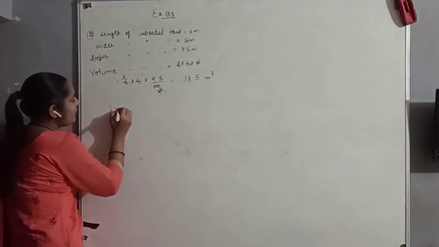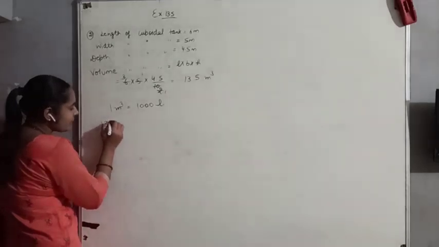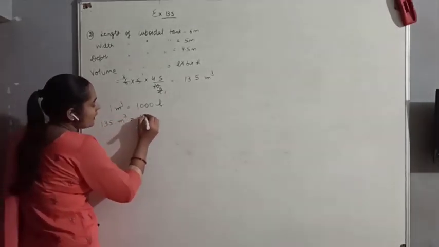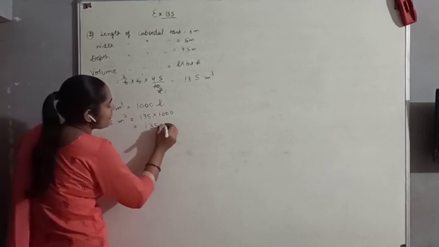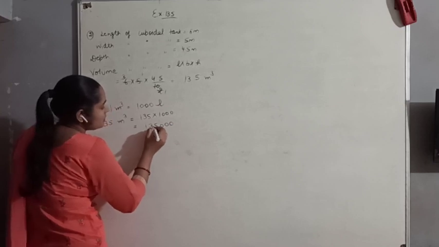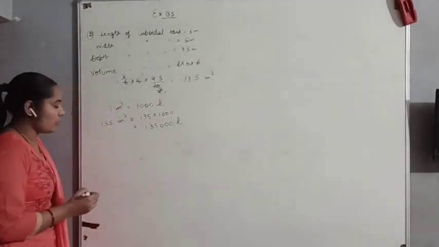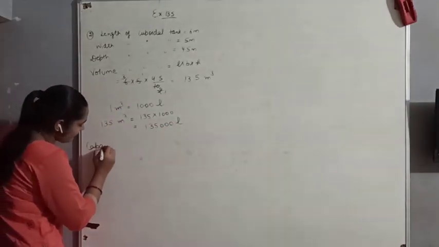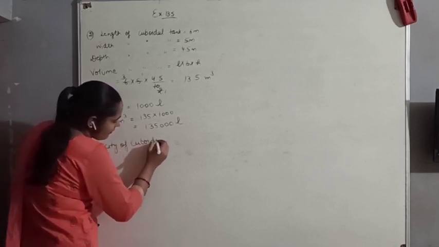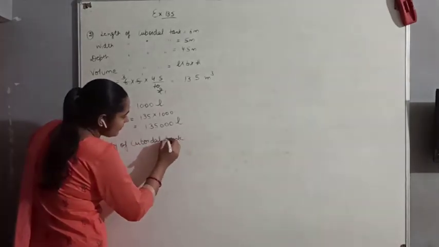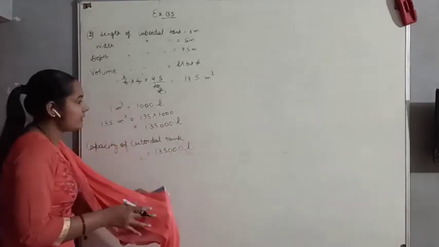And we know that 1 meter cube is equal to 1000 liter. So 135 cubic meter will be 135 multiplied with 1000, that is equal to 1,35,000 liter water. So capacity of tank is equal to 1,35,000 liter. Clear? Next question is,